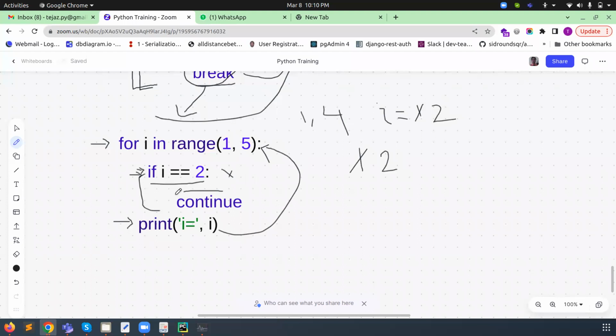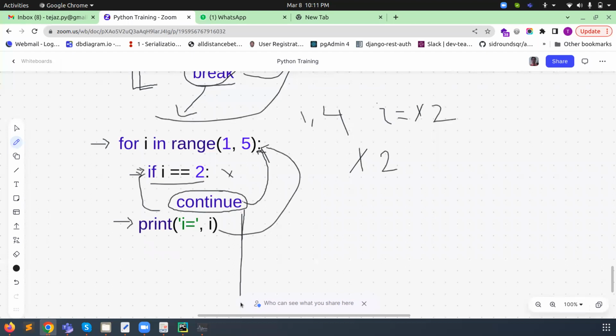The continue statement will guide the Python compiler to send the control just above the loop, to the body of the loop. So whatever statements we have given below the continue word, nothing will be executed.